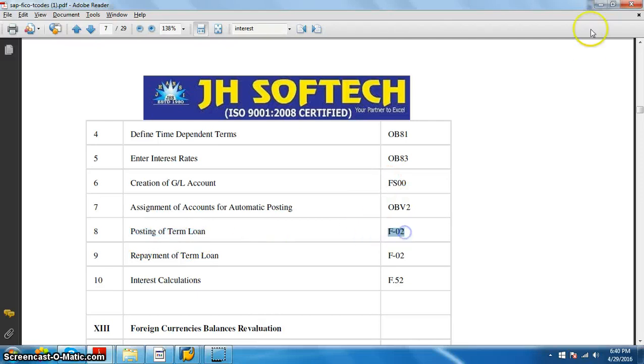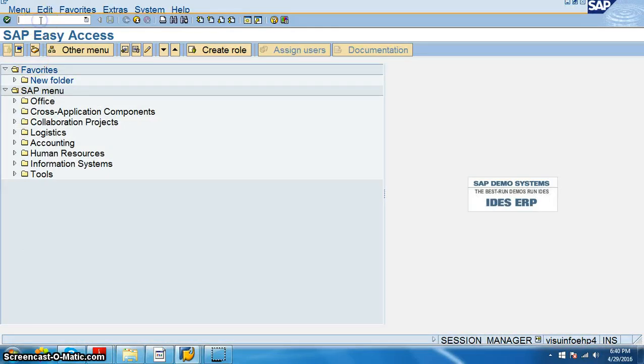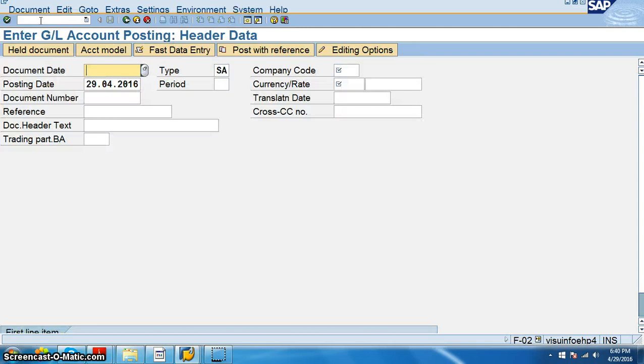Posting of term loan is F-02. So F-02. F-02, we are just posting the document.